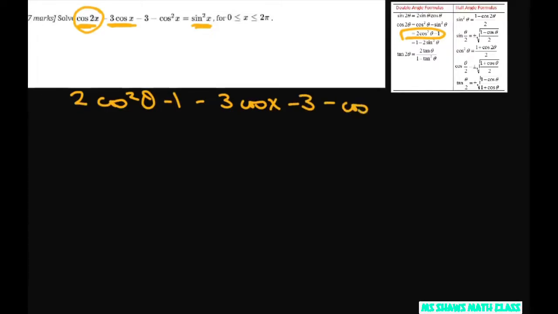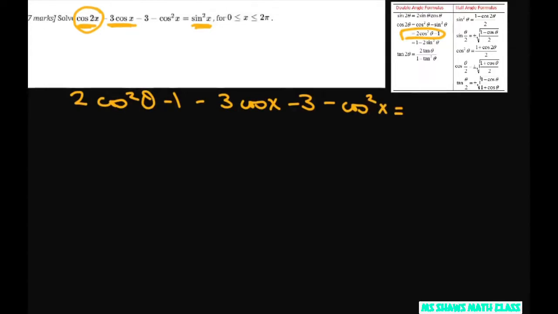So how we're going to rewrite it is we're going to say cosine of 2x, and I want everything in terms of cosine. So for cosine of 2x, the only double angle form that has just one cosine is that. So that's what I'm going to write: 2 cosine squared of x minus 1 minus 3 cosine of x minus 3 minus cosine squared of x equals,